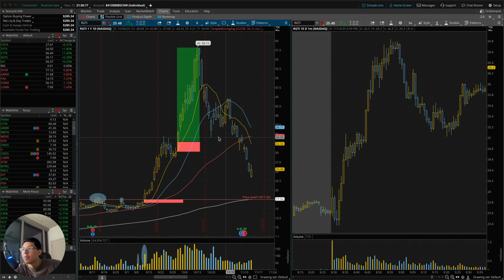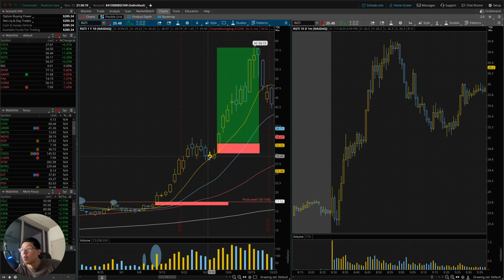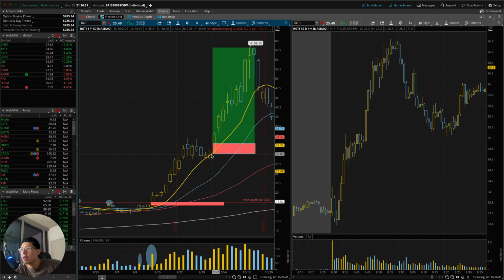Also, I don't know if you can notice it, but right here, when I re-added more shares, it's because my setup pretty much came back again. As you can see, we made a huge move up to the top. Then we have the SMAs at 10, 21, 50, 200 all stacked up, and we retraced back to the 10, right? After we retrace back to the 10, I'm telling you, a bunch of beginners are going to be like, "Oh, I gotta sell," because at this point I think I was up like 60%.